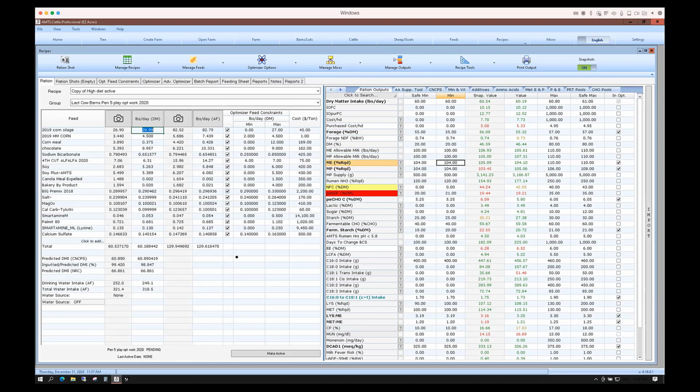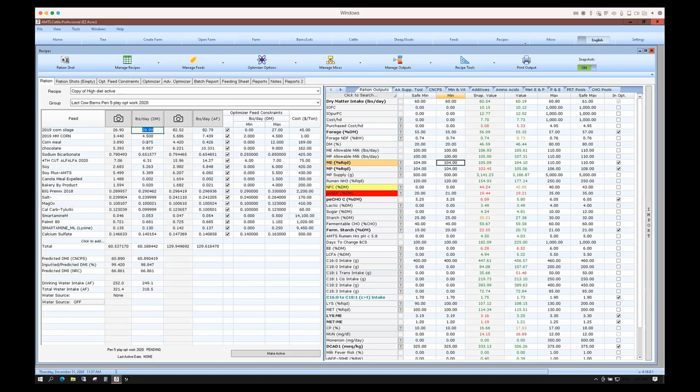Again, being nonlinear, we can throw any constraint at it that we want. But the reality is, I see people doing this with optimization on a somewhat regular basis, where they end up double constraining themselves. For example, they may have forage constraints that say between 50 and 55%.